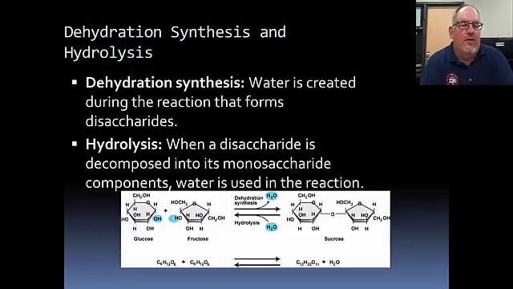If we want to reverse the reaction, then what we do is called hydrolysis. When we add water back in, the reaction goes back the opposite way. And so sucrose, when we add water, turns into fructose and glucose. And you can see this when you dissolve sugar into water. This is a hydrolysis going on, and that's why the sugar dissolves, as the sucrose is broken into glucose and fructose.